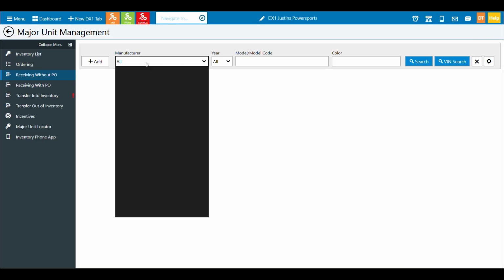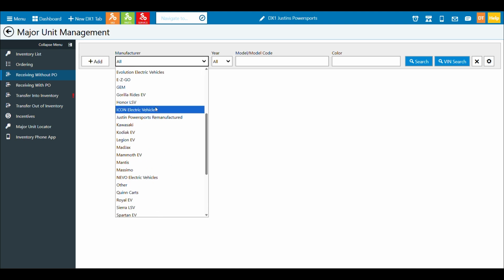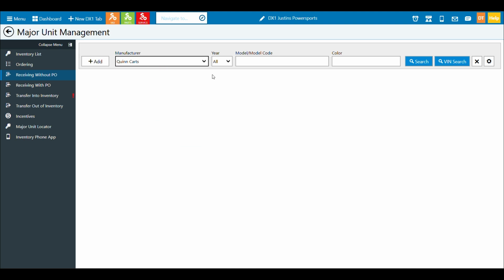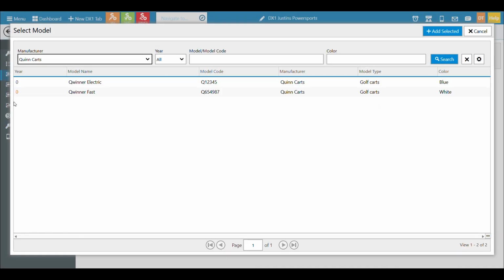Now, I also go in here and we can find my Quinn carts. When I search, you notice that we have the same type of color coding on our years here. If I highlight over those, I'll know this is a private model. If I highlight over this, I'll know it's a private model, and I should know that one has marketing data and one does not. So just keep in mind, you can tell that way if something is managed or not.